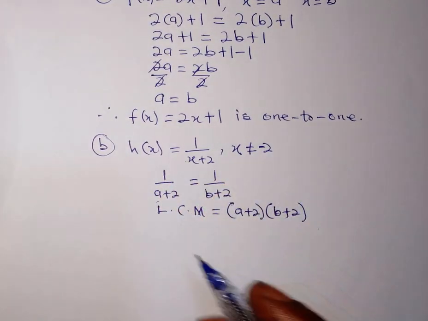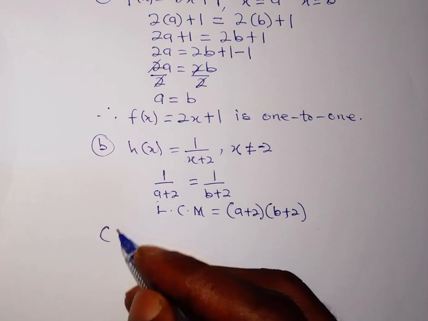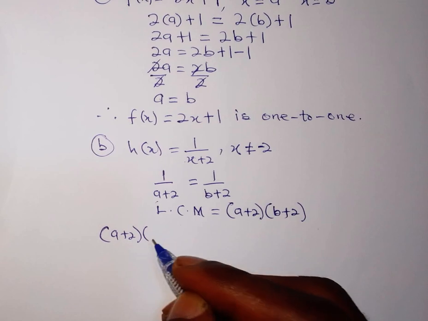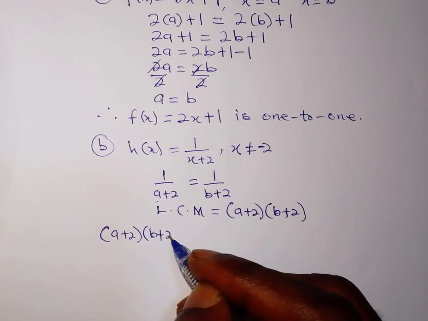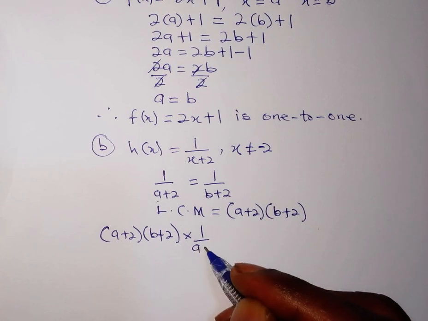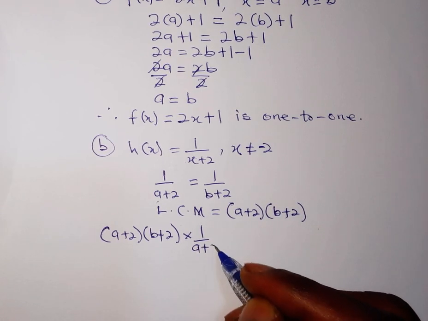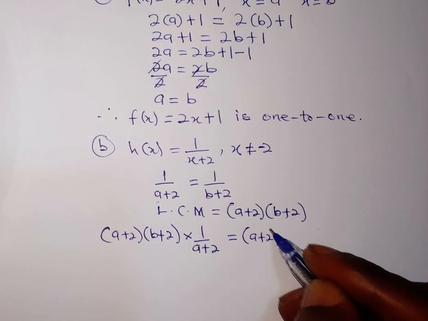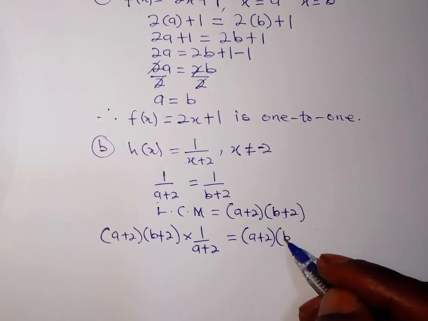So here I can have (a + 2)(b + 2) times 1 on a + 2, which is equal to the same (a + 2)(b + 2)